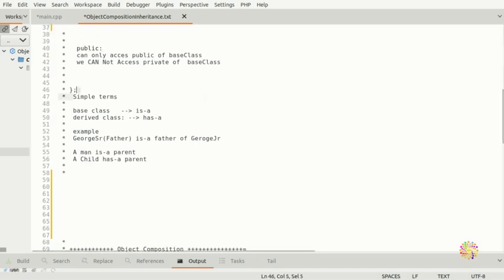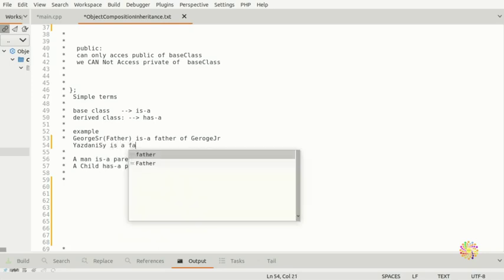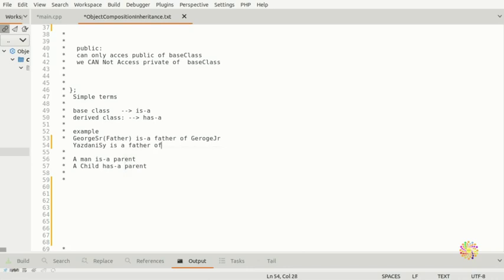In simple terms, the base class is an "is a" relationship, and the derived class has a "has a" relationship. For example, George Senior is the father of George Junior, or Yazdani Senior is the father of Yazdani Junior.